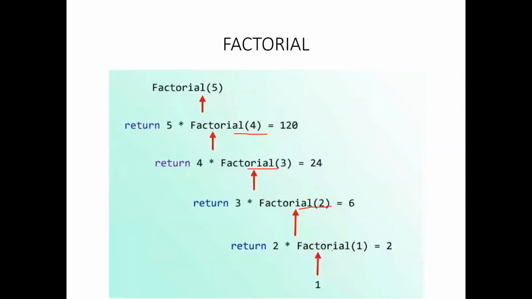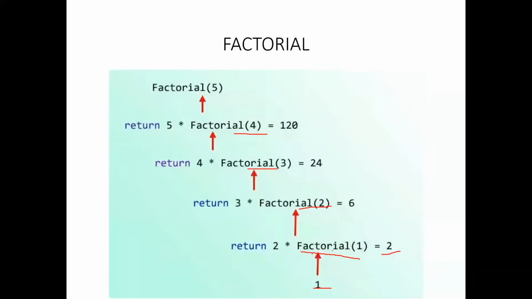So again, you know that if I get factorial of 1, I can substitute here. Factorial of 1, I am getting the answer as 1, right? So when I'm getting the 1, I'll be substituting in the previous expression. That is, here instead of factorial of 1, I'll be substituting 1, right? So it will be 2 into 1, which is nothing but 2.